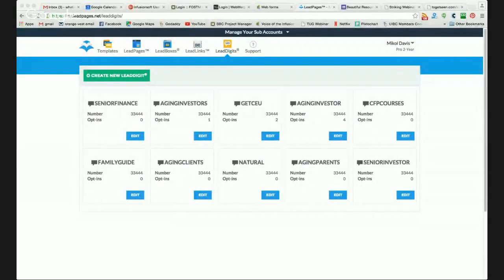Now Lead Digits, like I said, is an external product. It isn't part of Infusionsoft, but it's a product I use as well and I happen to like. I just want to show the idea inside Lead Digits. Dr. Meikle and his wife do a lot of presentations from stage. If they're up on stage, instead of telling somebody, when you get home, go to this really long URL to get this information, he could just say, text get CEU to 33444. Everyone's got their phones available, and they can do it while they're sitting in the room. They automatically get stuff delivered, and it automatically starts delivering the nurture sequence we want them to get, et cetera.